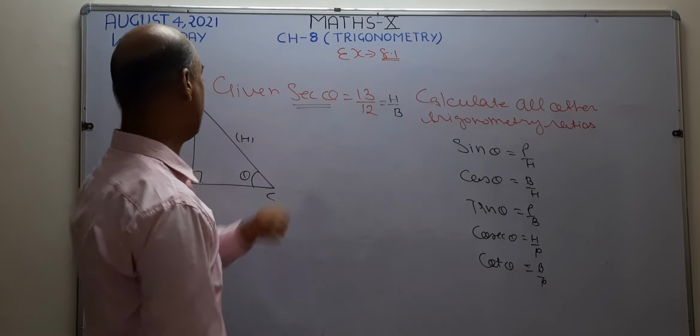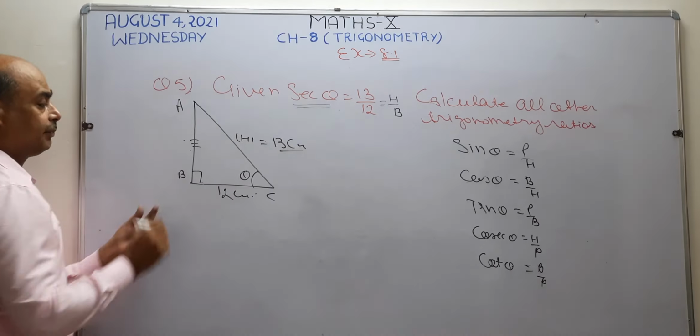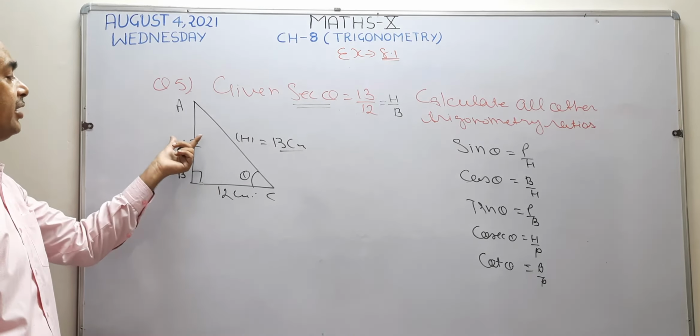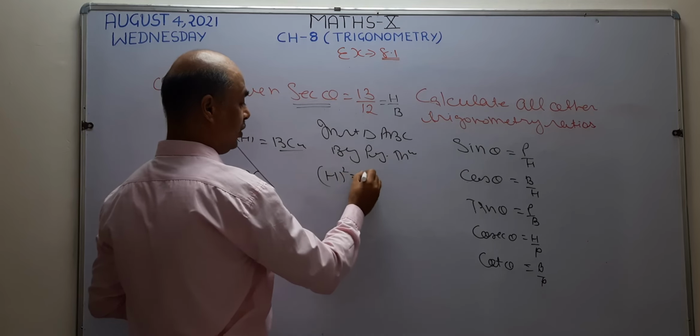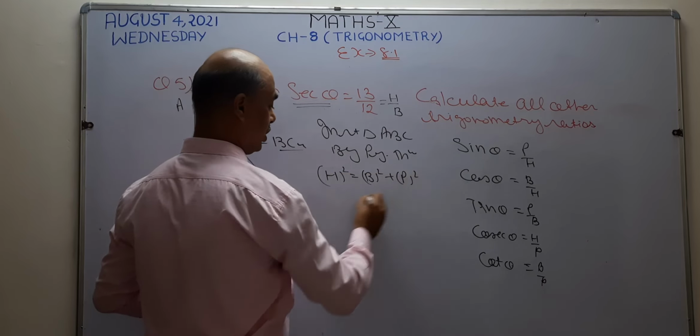Okay. Now the hypotenuse becomes 13. In this question, the hypotenuse is given as 13 centimeter and the base is given as 12 centimeter. Now we are going to find the third side, the perpendicular. How are we going to find the third side? By using the Pythagoras theorem. So here in right triangle ABC, by the Pythagoras theorem. What is the Pythagoras theorem? Hypotenuse square equals base square plus perpendicular square. What is the hypotenuse? Hypotenuse 13, here 13 square. What is the base? Base is given 12, here 12 square. What is the perpendicular? Perpendicular is not given, so I am going to use this side AB.